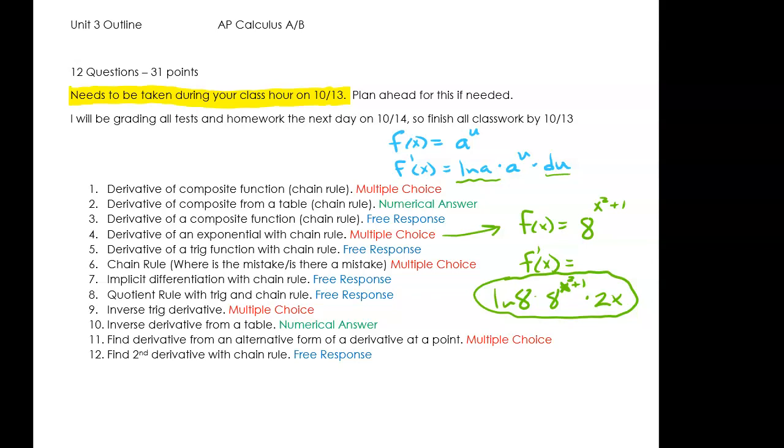The thing I don't like about some formula cards, like looking up formulas, if your formula says a to the x, then that treats it as just a regular x. So the derivative of a to the x is ln of a times a to the x, and then it technically is times the derivative of x, which is 1. So if you guys are looking at formulas online or wherever, make sure you find the formulas that have a u or something there that represents whatever. So you're always going to multiply by the derivative of u at the end.